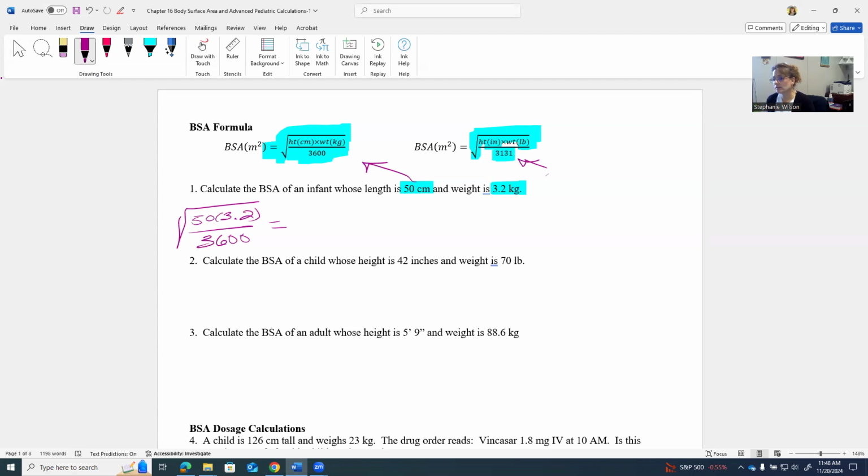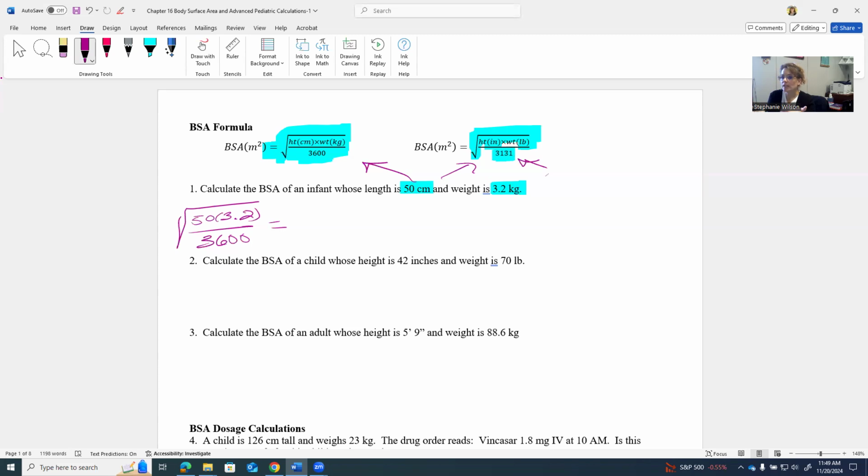If it's given to you in centimeters and kilograms, then use this one here. If it's given to you in inches and pounds, use this one. But sometimes it could give you inches instead of centimeters, and kilograms instead of pounds. Those two won't go together. So watch your units, watch what formula you're using, and if you use both formulas and you convert between them,